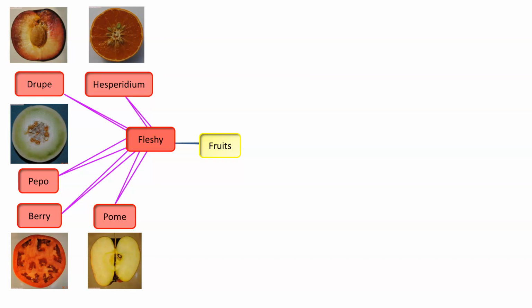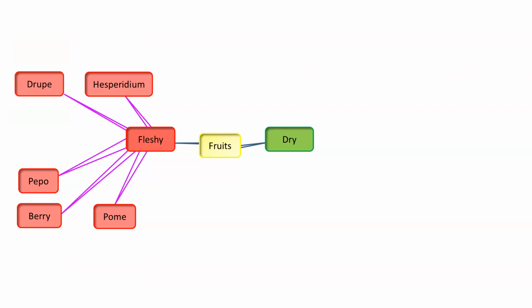So here we're going to think citrus fruit. Orange, lime, lemon, grapefruit. They all have what we call hesperidia. You can see on the inside, if it's got seeds, the seeds are more centrally located. Fleshy fruits. We also have what we call dry fruits. Dry fruits means that the fruit at maturity is going to be in a dry format, and therefore we're going to be able to store it dry, so to speak.